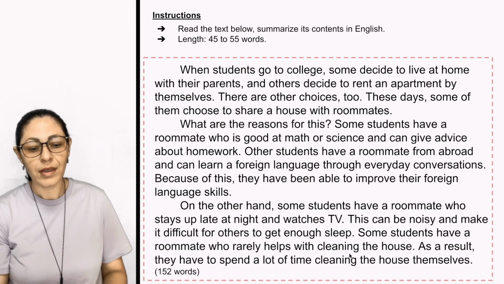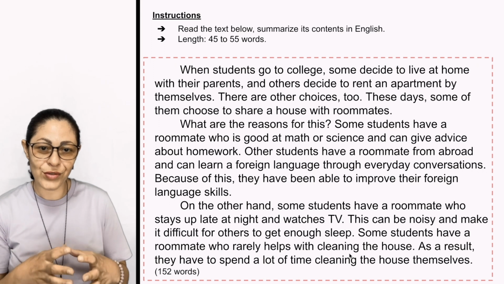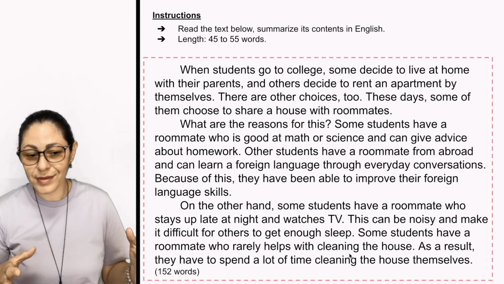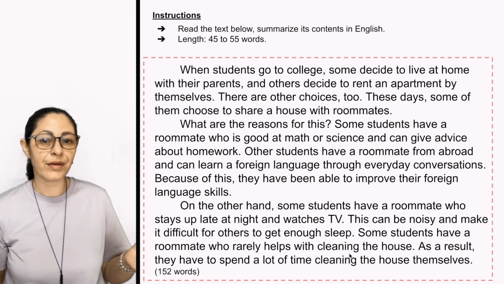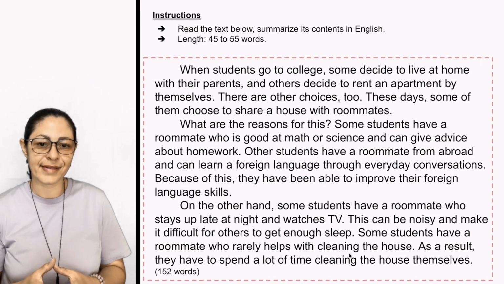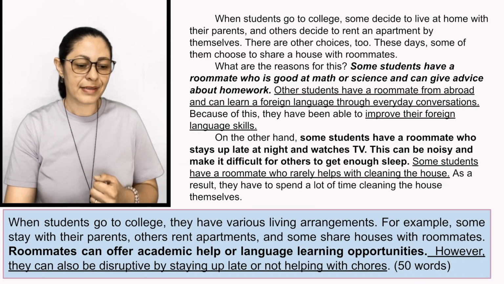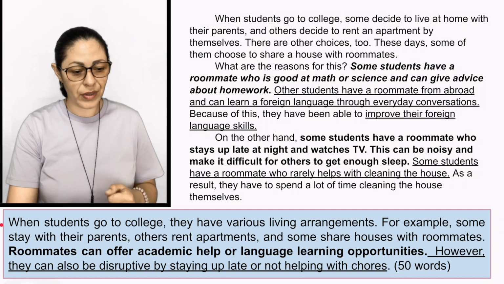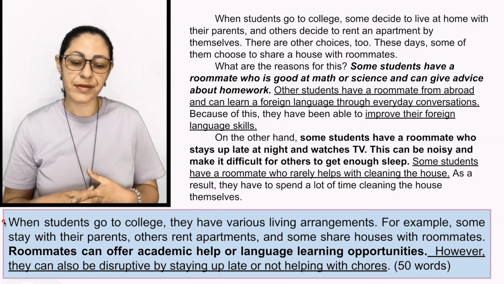So these are the main ideas, actually the ideas that you have to include in your piece of writing. So let's try. Okay, let's reduce 152 words into 50 words. Okay, somewhere from 45 to 50. I have given you all the key words that we have to use, the key sentences. Okay, let's put them together now. In our next slide, you can see in the box right here down below, we have a summary with 50